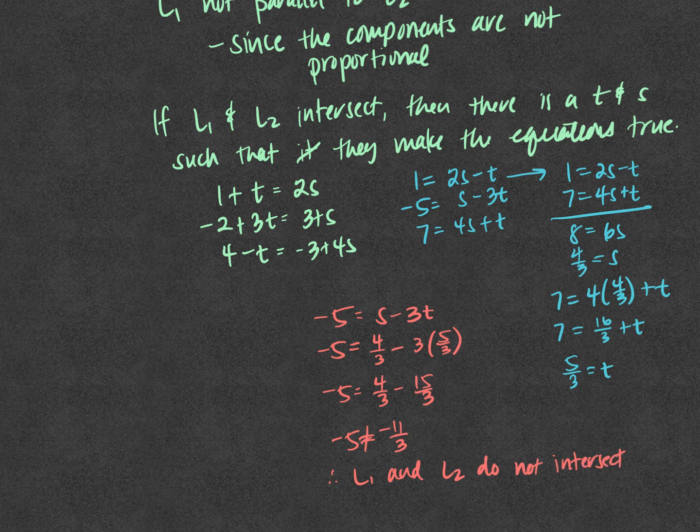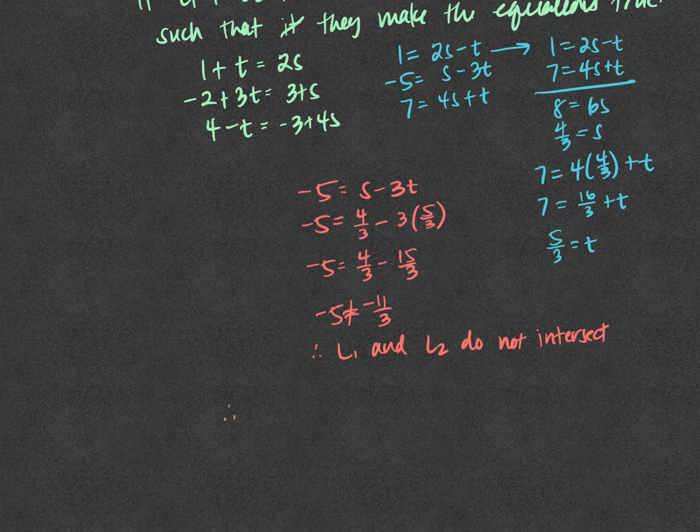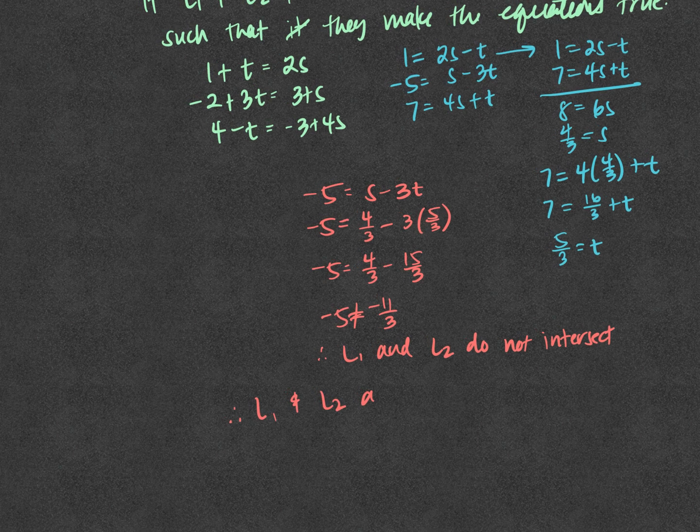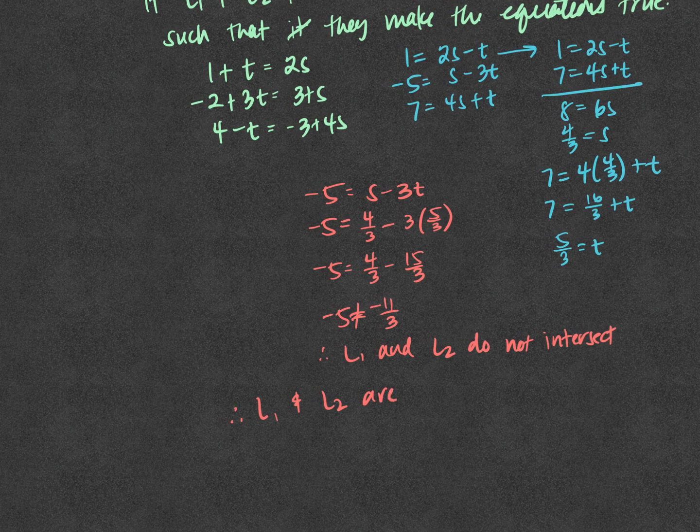Now, since they don't intersect and they're not parallel, therefore L1 and L2 are skew lines. Those 3 dots right here mean therefore, so we can always use them as therefore, are skew lines. So if you need to show that they intersect, you show that that point works in all of them. But this right here shows no point of intersection